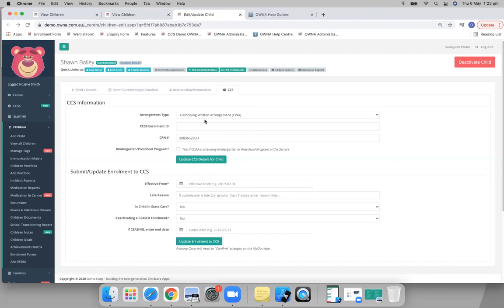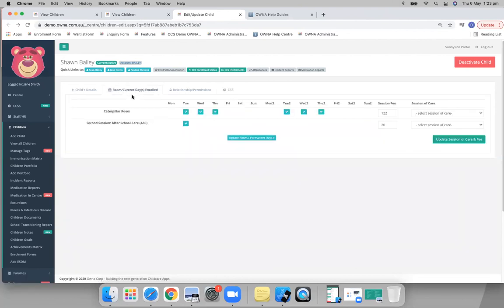Now, once an enrollment has already been created, if you need to make an update, so basically one thing to note as well when you're creating or updating enrollments,